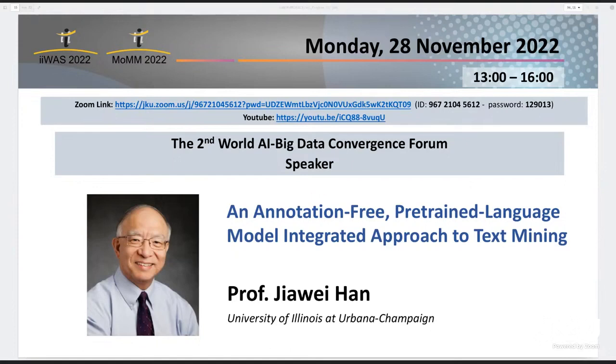How about the order of the two words? Because the order, if they are different, may have a completely different meaning. Yes, that's very true. That's also why the pre-trained language model embedding will be so useful, because typically in the past, people were using what they call the vector space model. Vector space model treats the documents as a bag of words, which actually is not accurate at all, because you don't really have the context.